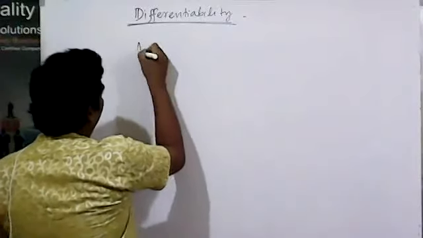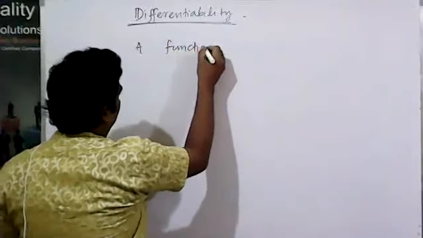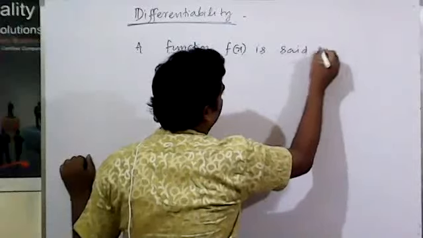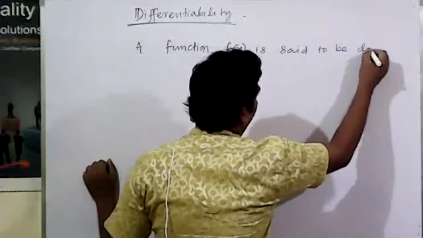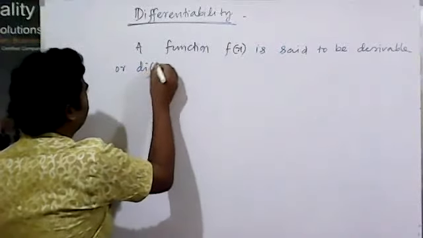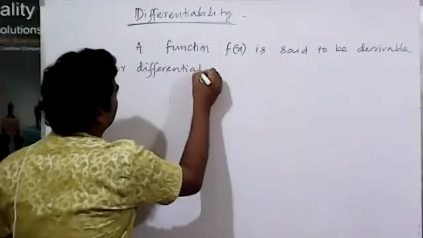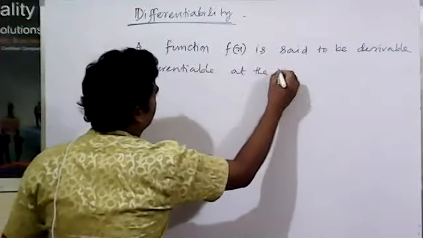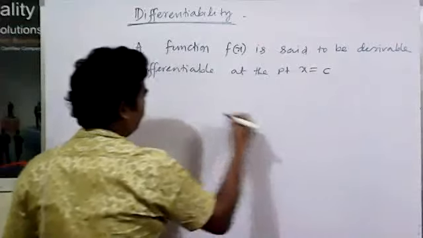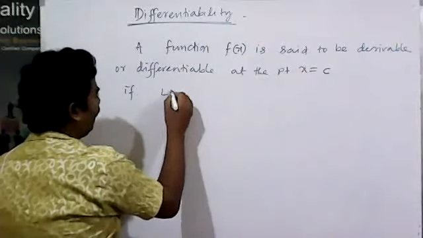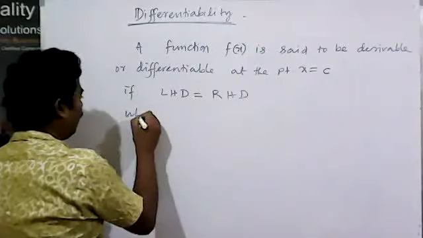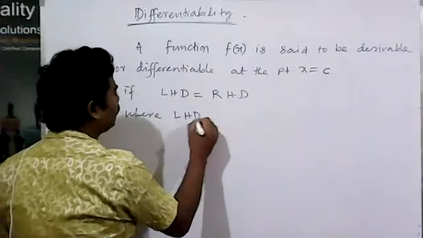A function f(x) is said to be derivable or differentiable at the point x equal to c if LHD is equal to RHD, where LHD is equal to